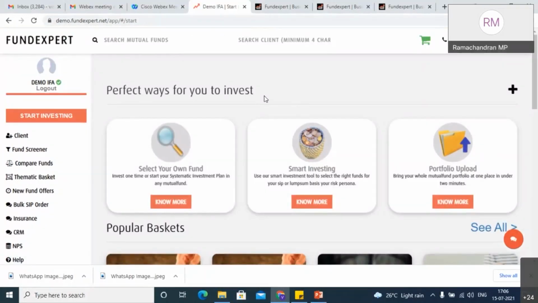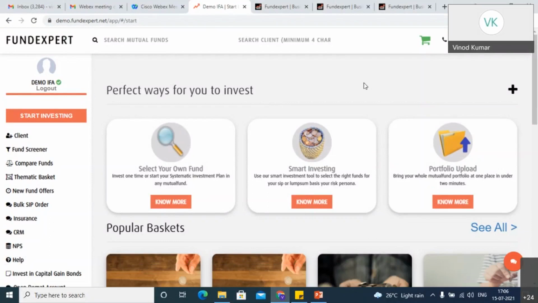Okay. So as you're all aware, yesterday I had taken you through the entire features of the front end, with the web and the mobile app. We saw different features, how to onboard, how to invest, how to see the reporting, all those different kinds of functionalities, how it can be done, and what all the new features added in the front end. So everything we had gone through.